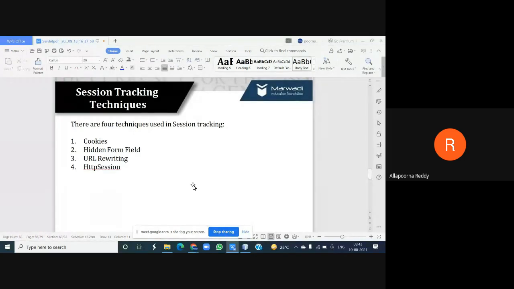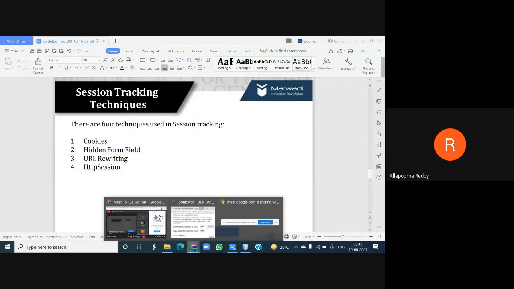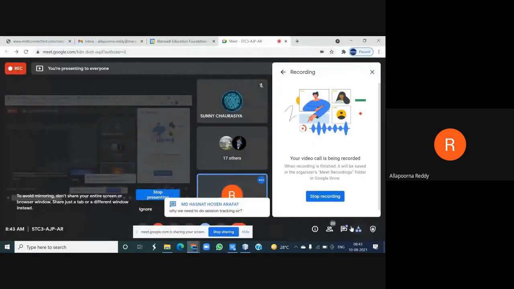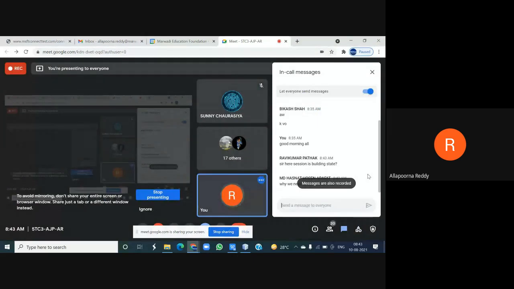These 4 are used for session tracking, but they work in different ways. They use different methodologies, different techniques, different interfaces, but the purpose is the same. What is our purpose? To store our session track, right? So we'll come to number 1 first.